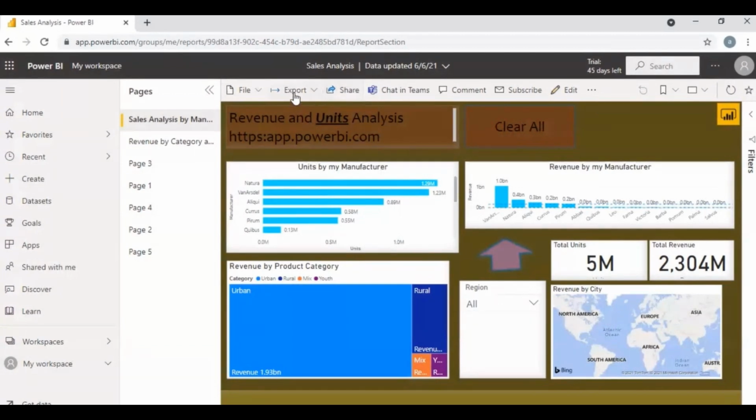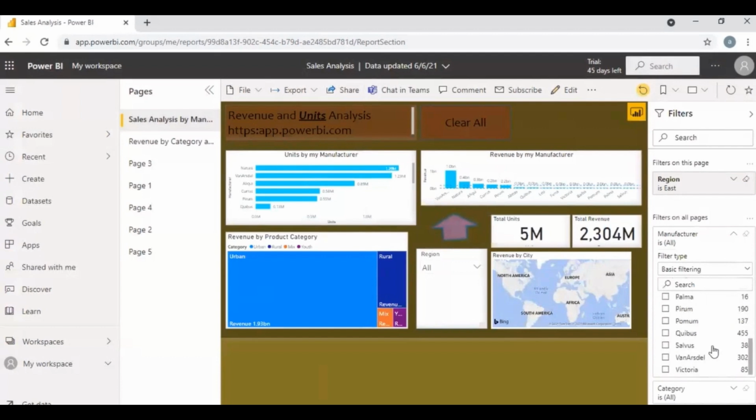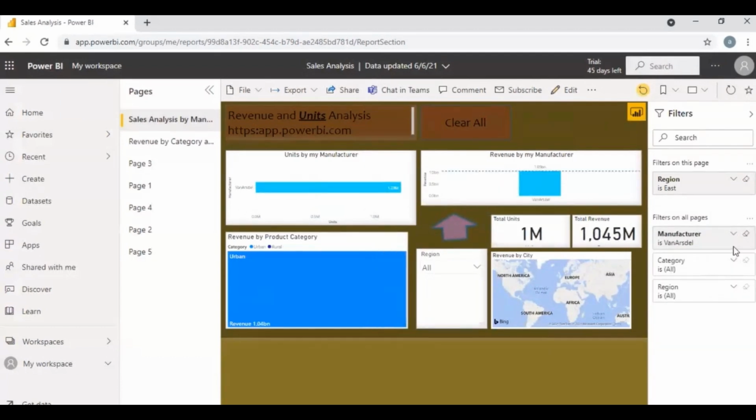Second view, what can you do apart from that? Let's say your manager says, I don't have the license, but I want to have a look at screenshots of all the pages. They cannot do analysis, but they are asking you to give an already analyzed report. For example, my manager is asking me, give me the total analysis for a particular manufacturer,